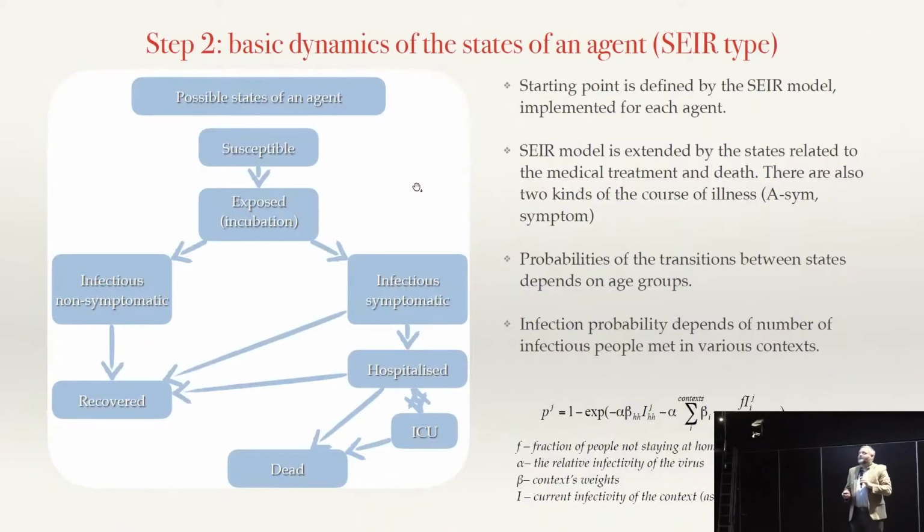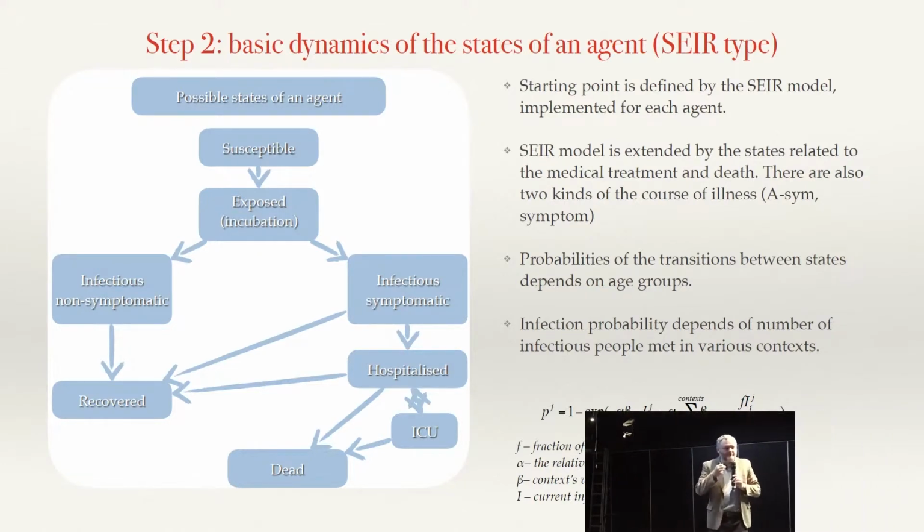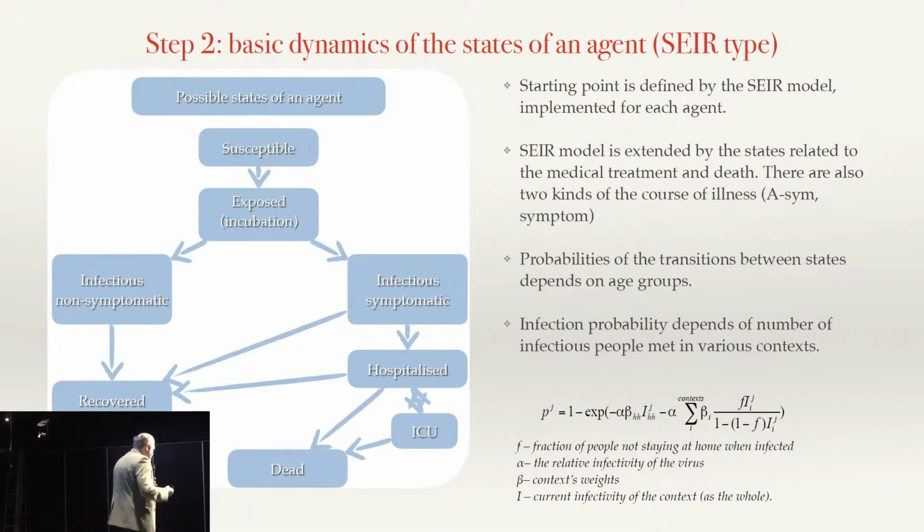So our agent can be in several states. This is the agent-based model, but this is also the type of the SEIR model. The most common epidemiological models are usually treated in terms of differential equations, but here the basic assumption is that the agent is in one of those states. So the first state is the susceptible state, with a total lack of antibodies inside and